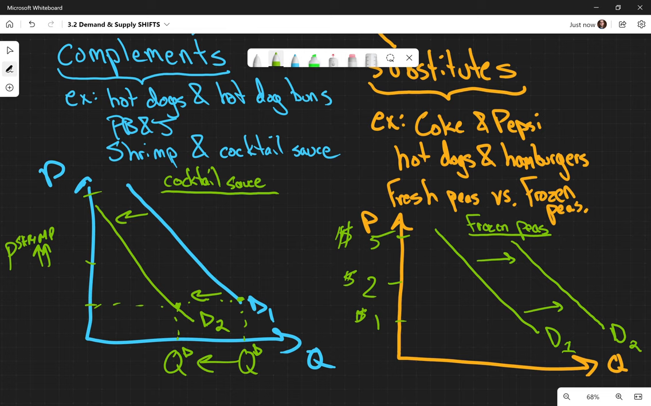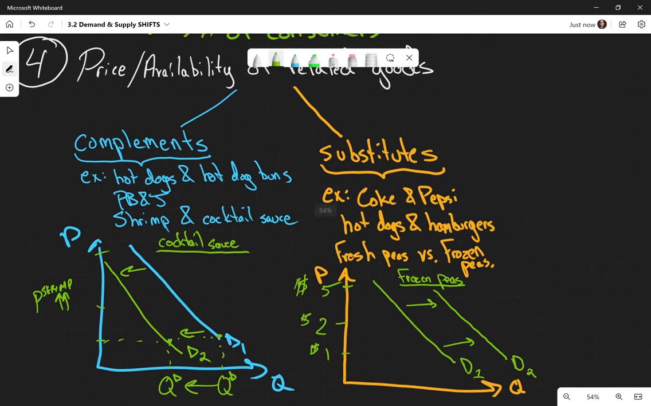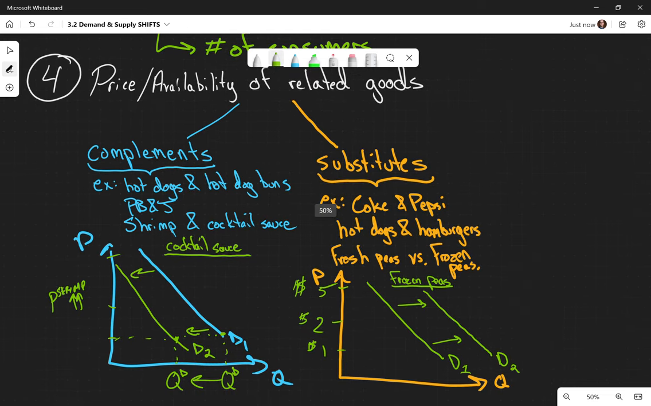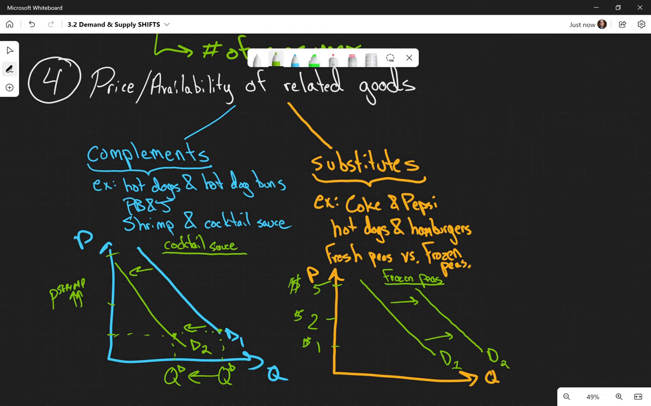Any questions on complements and substitutes? So this is just generally in the price of related goods category. Awesome. Last one before we switch to supply